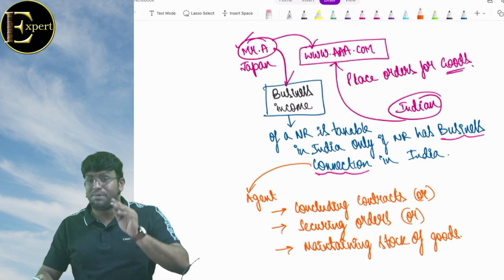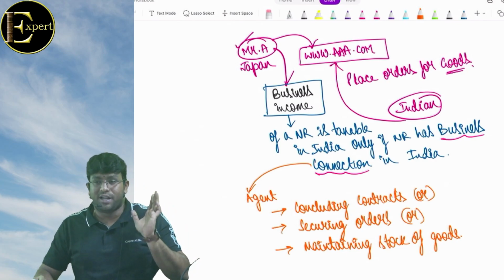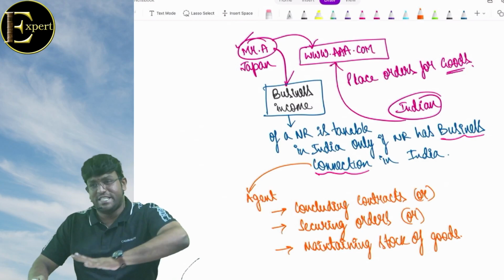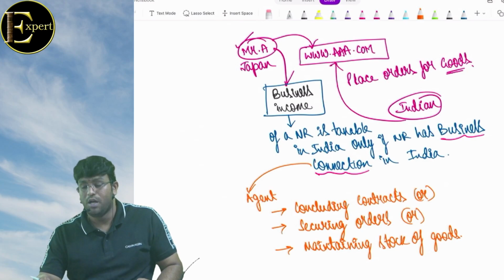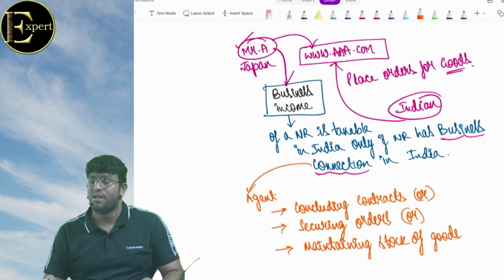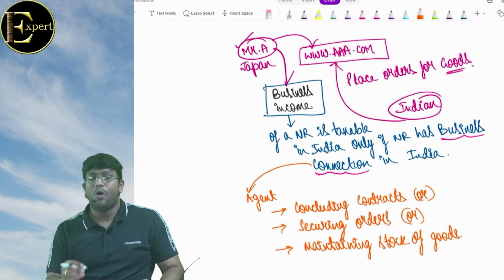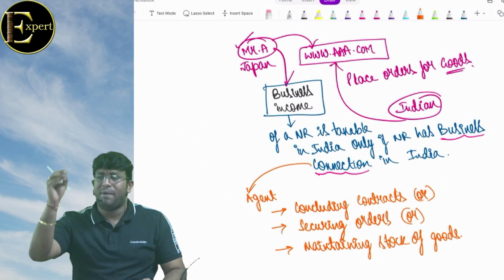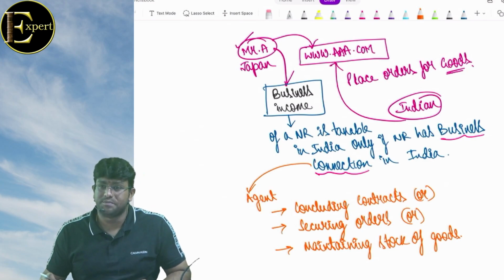But if it is not business income, it is IRF. That matlab? Interest, royalty, fees for technical service, then we will not see business connection. Bhaiya, straight away taxable. Correct, my dear friends? This business connection story will come only if it is not IRF. Dosto, what is IRF full form? Interest, royalty, fees for technical services. And other business income is taxable only if the non-resident has what connection in India? Business connection in India. That means agent is there who is concluding contract, securing orders, maintaining stock of goods. सबको समझ में आ रहा है? Speak out. Now there is a problem here.